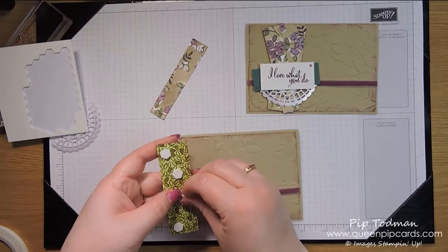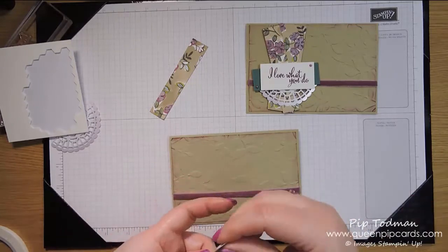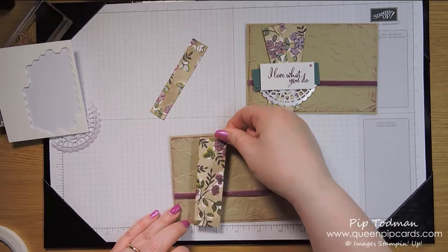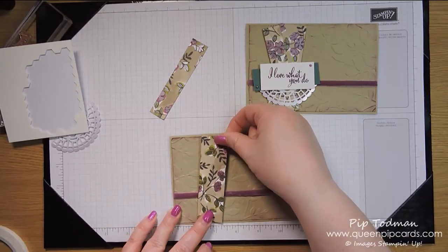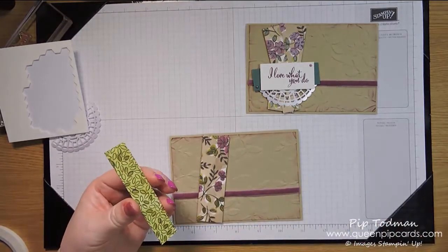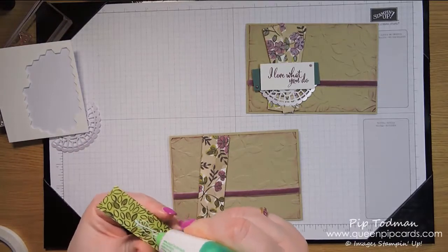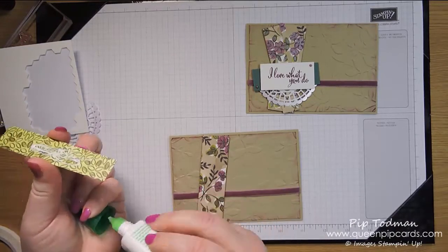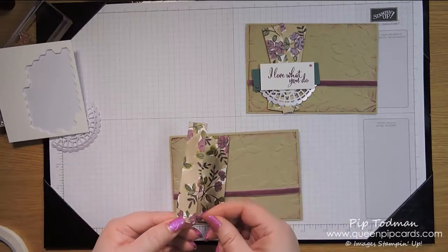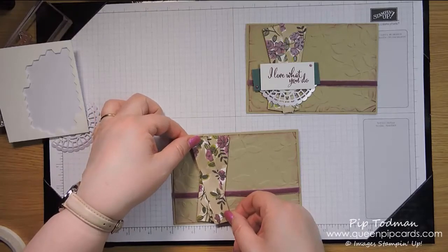So now, take those off, pop that round, and I just went at a bit of an angle, kind of there-ish. Doesn't have to be precise, because it's your card, you can make it how you like. Then I put a bit of glue in the middle of this, only in the middle because the ends aren't really going to be attached to anything, and then decided which way up I wanted this, probably this way, and popped that one on there,